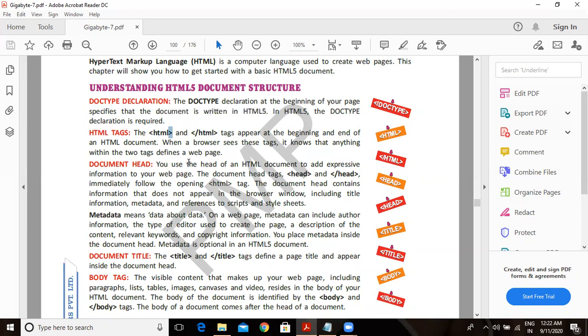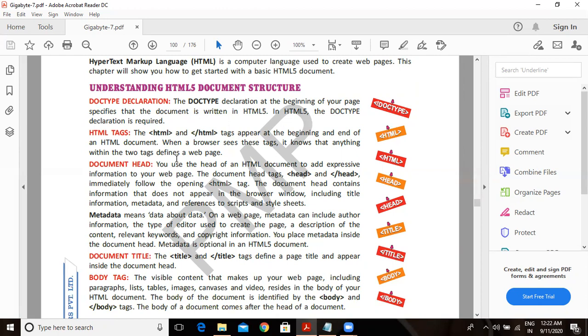So once again repeating it, HTML tags appear at the beginning and end of the HTML document. These are the HTML tags. Clear? So what we are saying here is this HTML is case insensitive and all the tags are enclosed in angular brackets. As we already know, we have two types of tags in HTML.